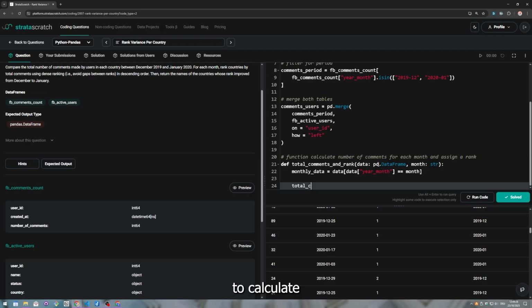Then we would like to calculate the total number of comments. So we use our monthly data and we group by the country, because ultimately what we are interested in is essentially a list of countries that improved in the number of comments. So of course we have to calculate the total number of comments by country. So we group by country, and we do not want to have it in the index, so we set as index to false. And now we only have to sum up the number of comments